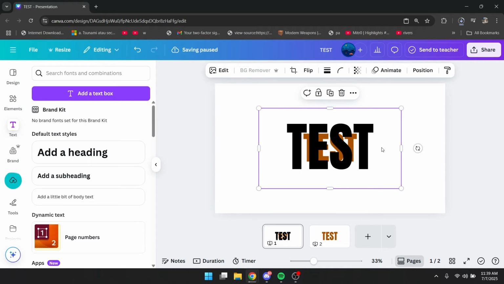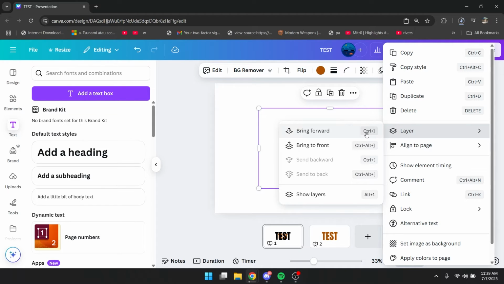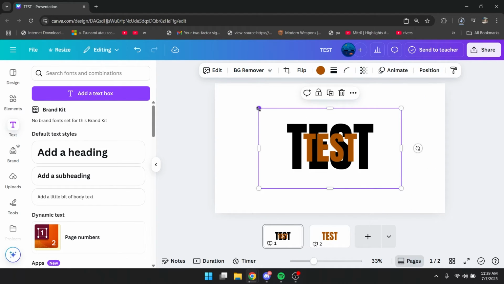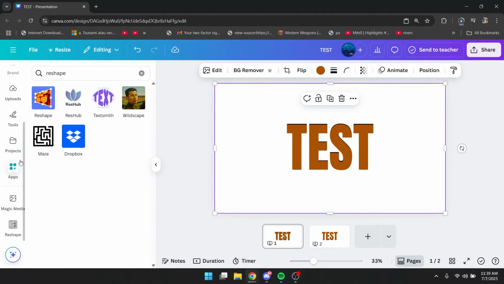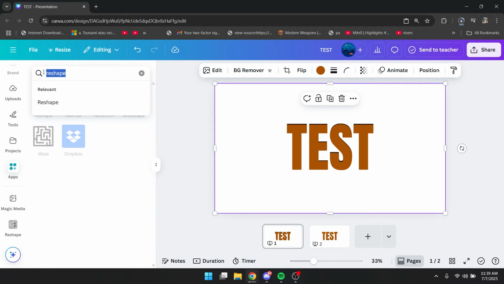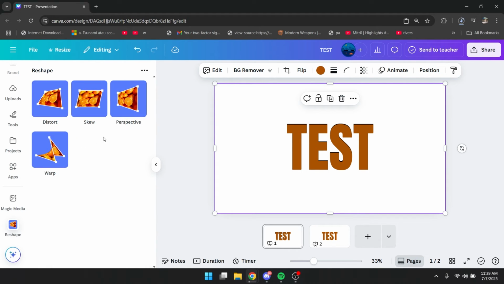Now you want to click on the downloaded image, right click, go to layers and bring it forward, and you just need to resize it now. Alright, as you can see, it has been resized. Now you want to go to apps right here, click on it and type in reshape. Okay, now you click on this app right here, you go to the perspective